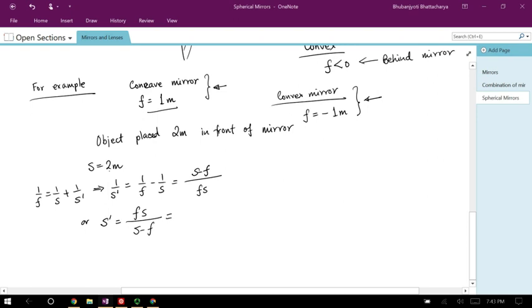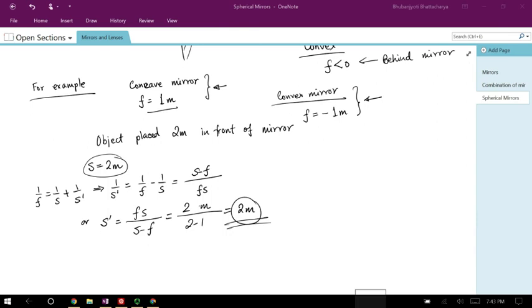s is 2 meters, f is 1 meter. So in the numerator, we have 2 times 1, which is 2, and then we would need a meter over here, divided by s minus f. s is 2, f is 1. So 2 over 2 minus 1, which is equal to 2 meters. So that tells you that if the object is at 2 meters, the image will also be at 2 meters. Okay? This 2 meters, because it's positive, the s prime is positive, that represents that it's going to be in